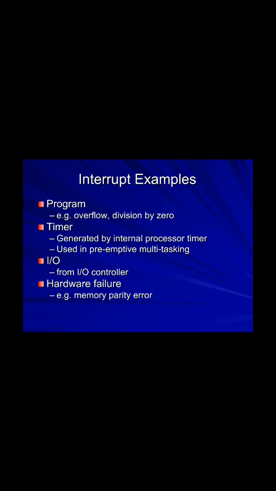And the next classification is hardware failure. Sometimes your mouse stops working, or your hard disk stops doing its operation, or your RAM stops doing its operation. This is called a hardware interrupt. What is meant by hardware failure? A resource within your CPU stops working. This is called hardware failure.